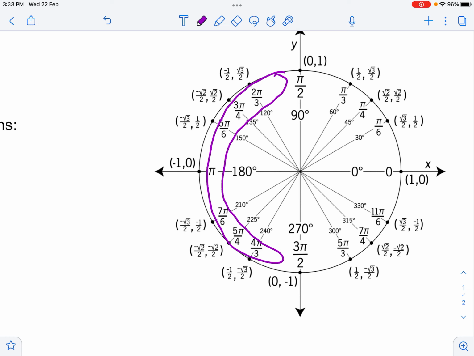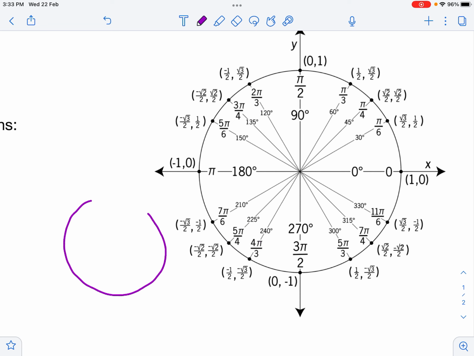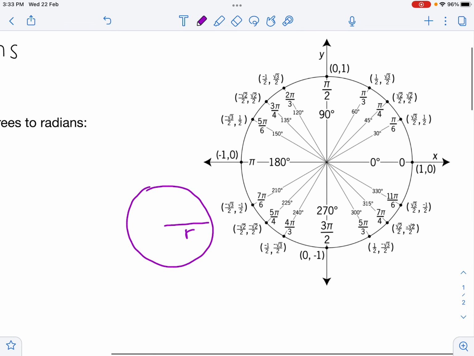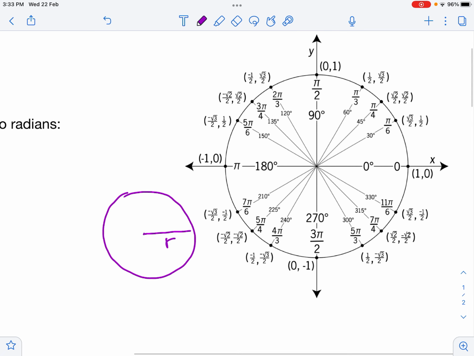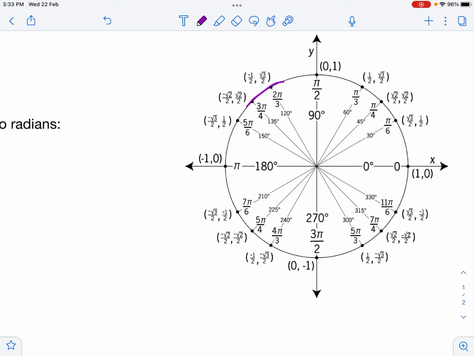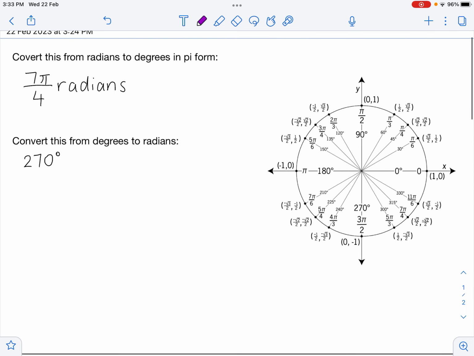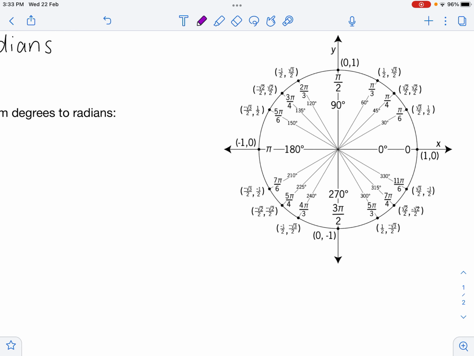Now, these are what you call radians. When you think of radians, the name itself sounds like radius. So remember what a radius is. A radius is the line that is halfway in the center of a circle. Now, in the circle, these are all radians. This is a radian, these are radians. And if I want to convert them, I must first know pi has to always